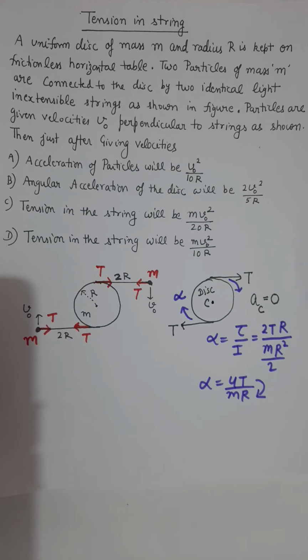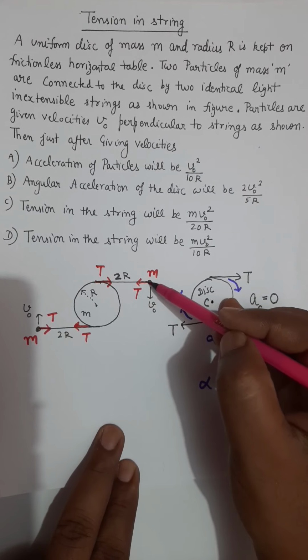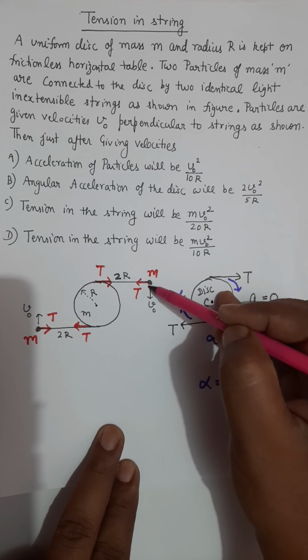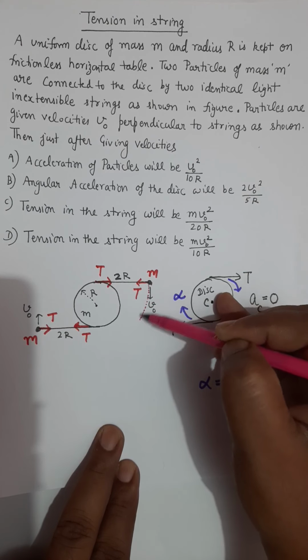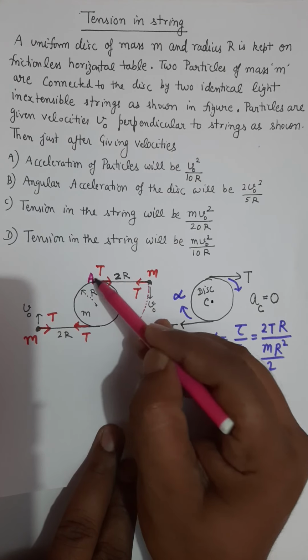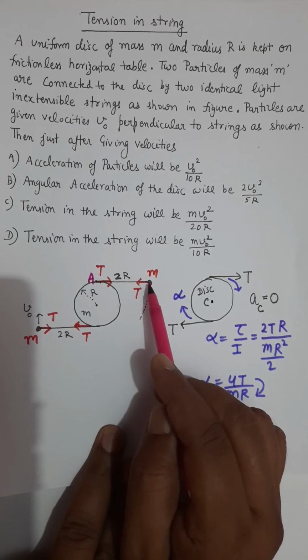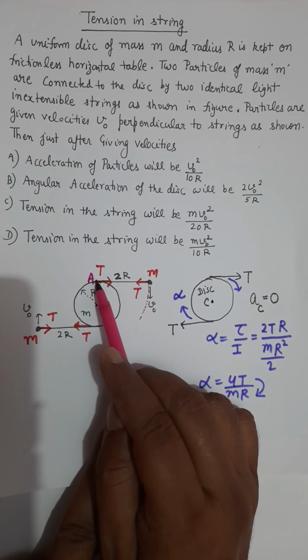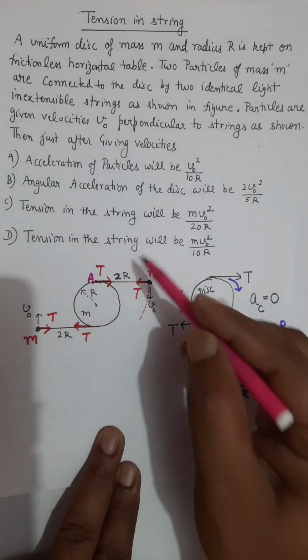Now we have to look into the trajectory of the particles. What kind of trajectory will the particles follow? Well, this particle will move along a circular path relative to this point, suppose A. If you analyze the trajectory of this particle in the frame of A, the particle is moving on a circle,